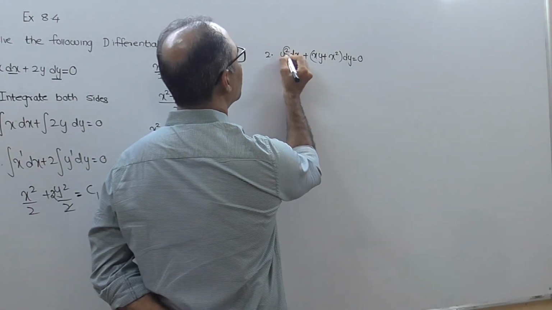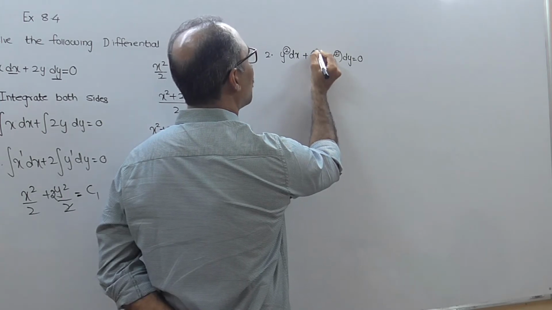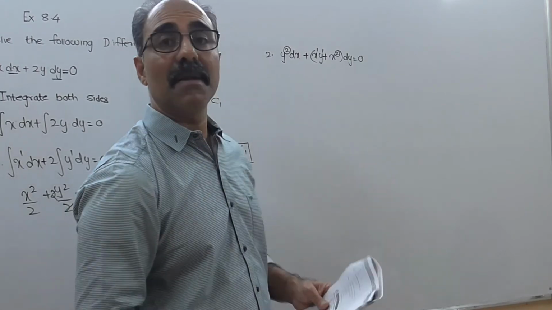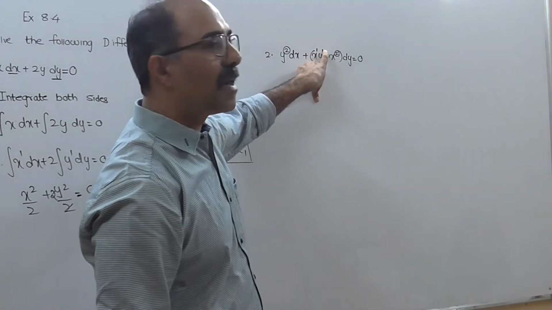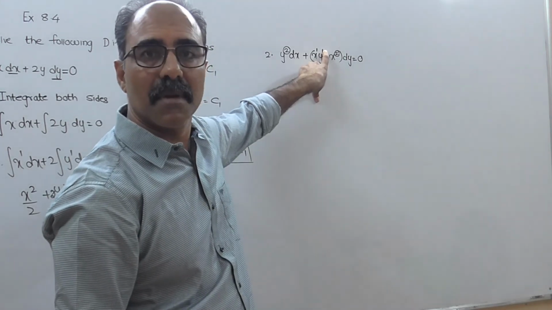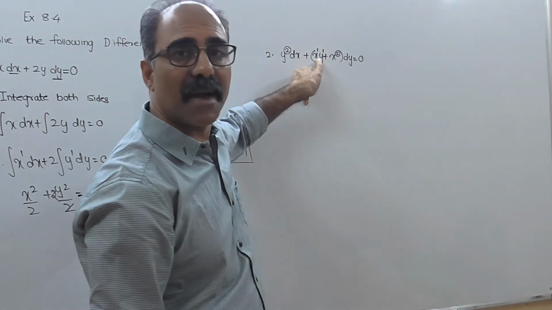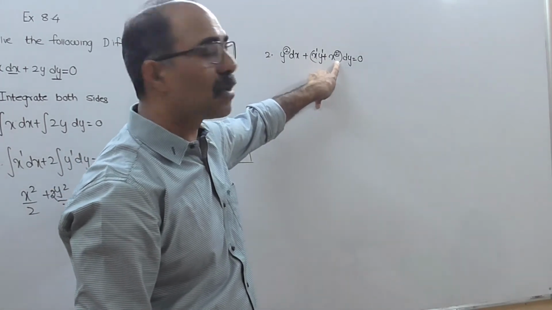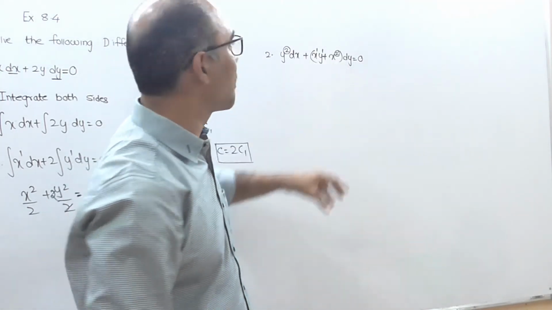Here the power of y is 2, here the power of x is 2, and here the power of x is 1 and the power of y is 1. So all the terms have the same power. You add up this 1 and 1, and ultimately you get the whole power 2. The combination of x and y, if you sum up their powers, is also 2, and x also has the power 2. This is supposed to be classified as a homogeneous equation.